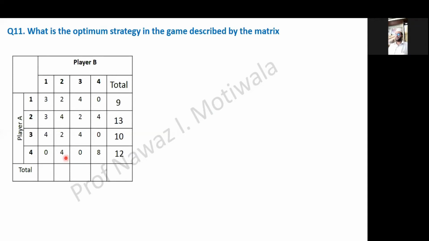Okay, leave that row. Now compare 1 with the next highest. Oh, sorry, highest was 13. So let us say I compare with this. 3 and 3, no issues. 2 is less than 4. Okay, no issue till now. Now here you can see 4 is greater than 2. Again, it is like that only. That no proper dominance exists because there are some values which are low and some values which are high.